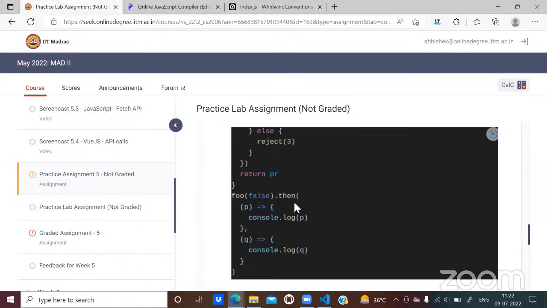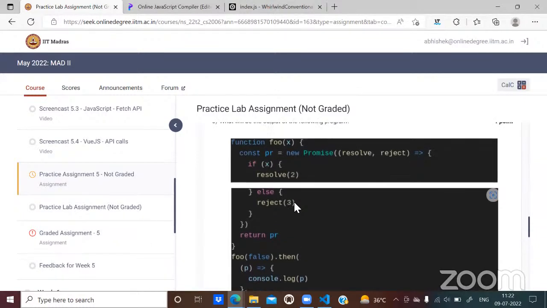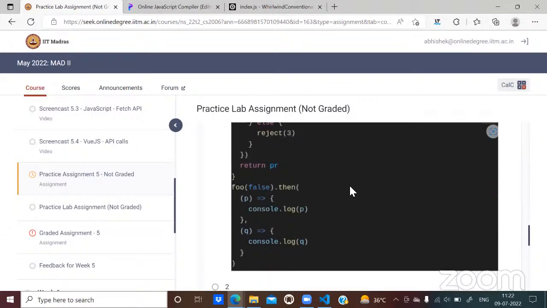If we reverse the order in the promise, then it would have gone to P. Say new promise reject, resolve. Then in that case, it will go to P. Yes. Okay. So there are basically two methods through which you can handle the rejection of a promise.